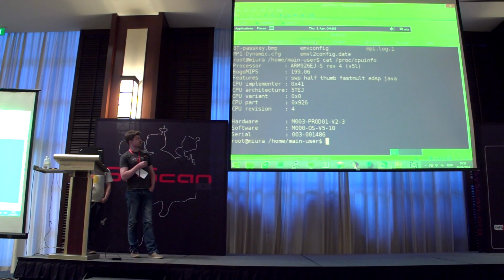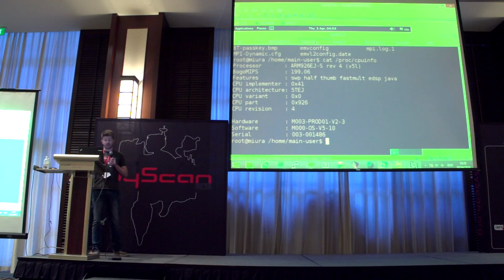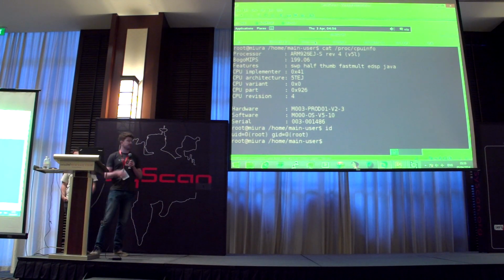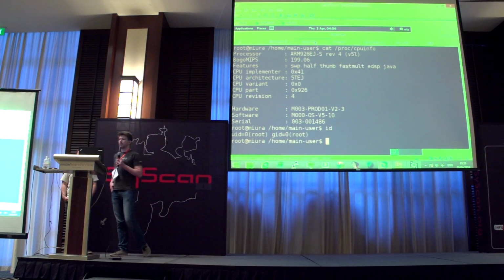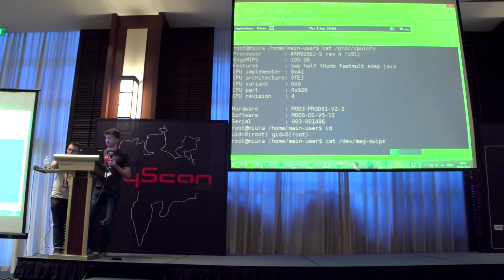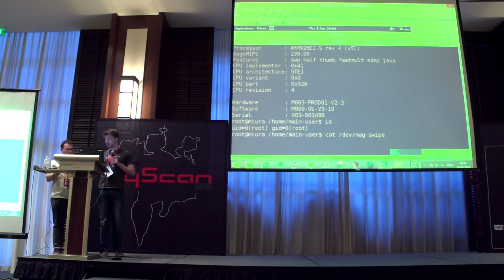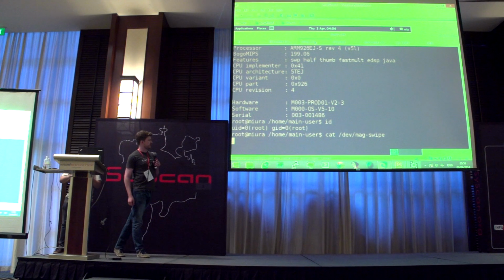And through the Bluetooth vulnerability, we got code execution. And again, we exploited the same privilege escalation to go the step up from the main user up to root on the device. And because it is a payment terminal, an attacker could now look at, for example, devices that are available. One example would be the MagSwipe device, and if we now swipe a prepaid credit card through that,